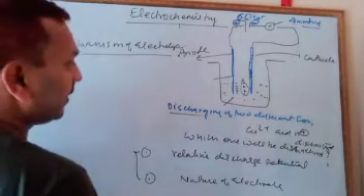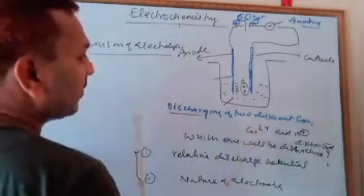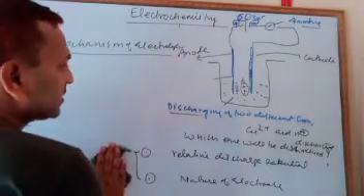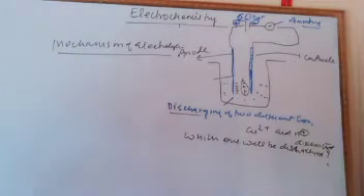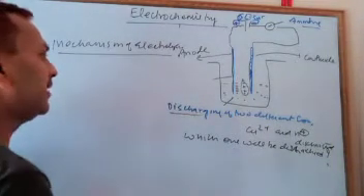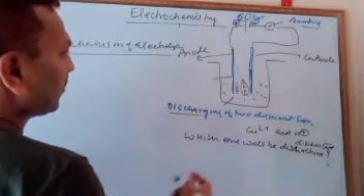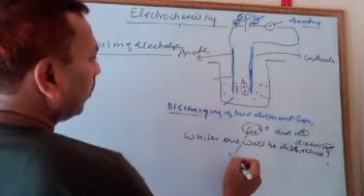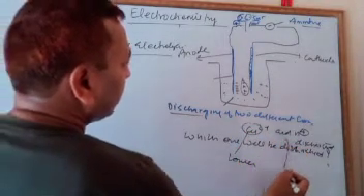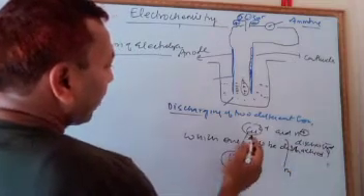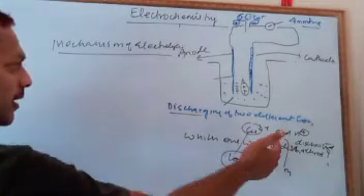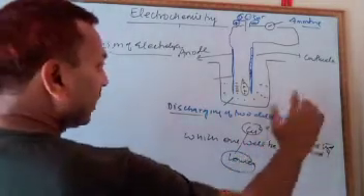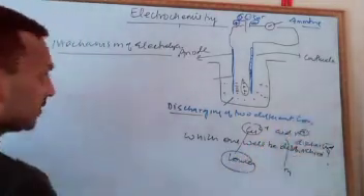The key point is that the ion which has the lower discharge potential, in preference to the higher one, will discharge first. Suppose copper has a lower discharge potential and hydrogen a higher one, so the copper ion will discharge first at the electrode in preference to the hydrogen ion. This is the concept.